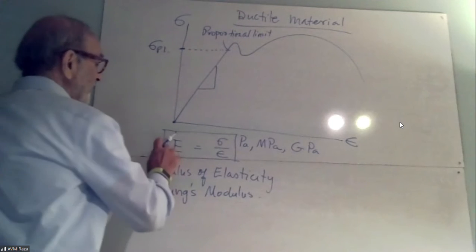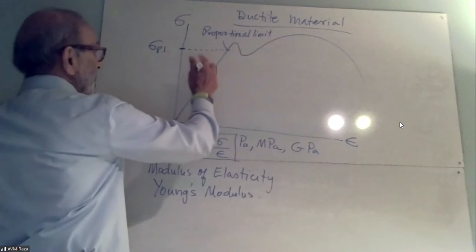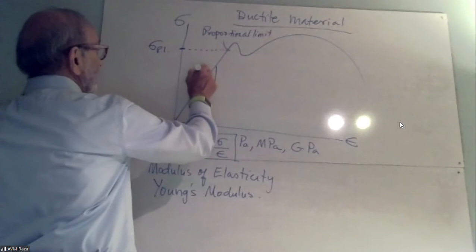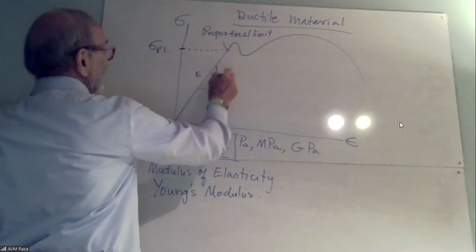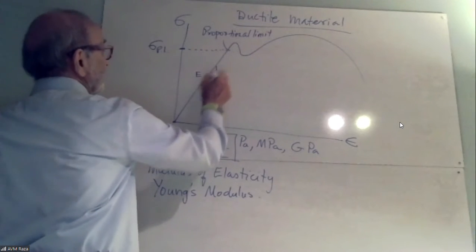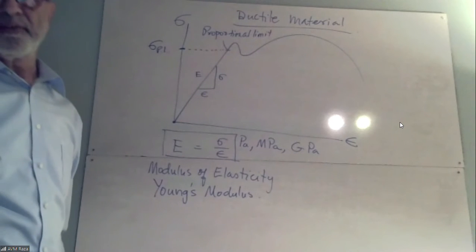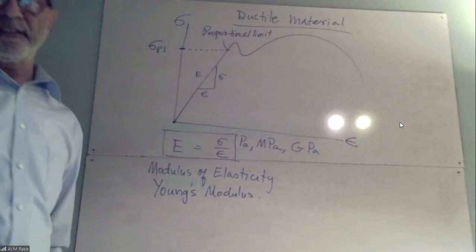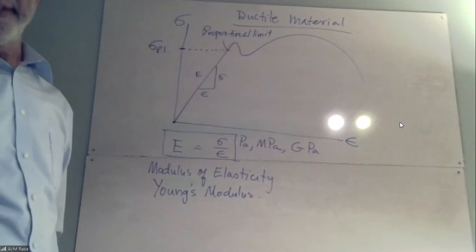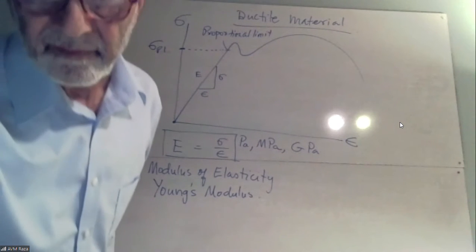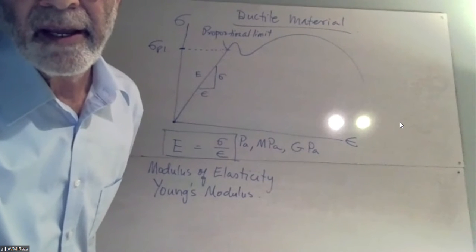How do we define E? E is the ratio. So this is E, this is sigma, and this is epsilon. This is the ratio of sigma and epsilon. It's called the Young's modulus or modulus of elasticity. Everybody good? Then I have